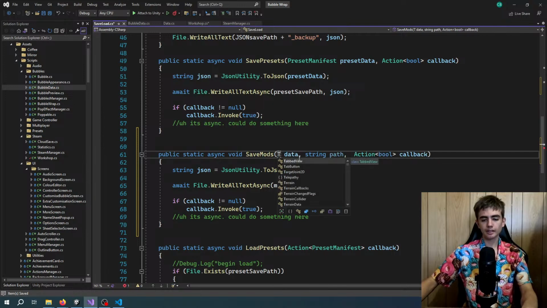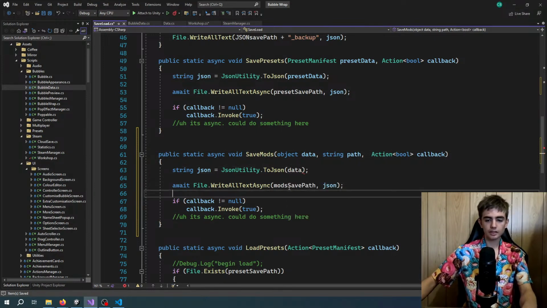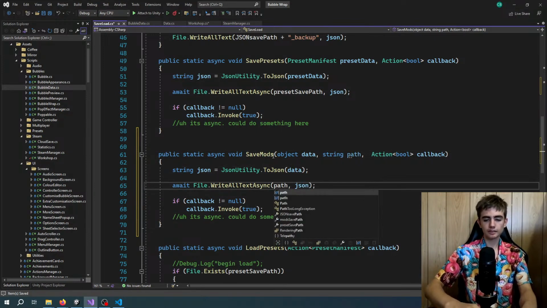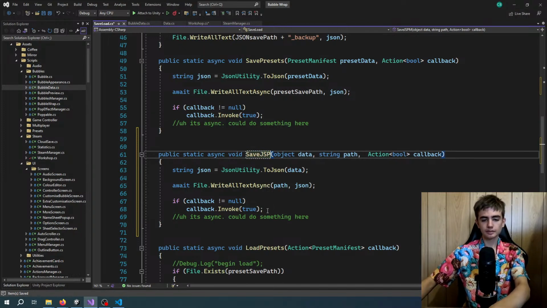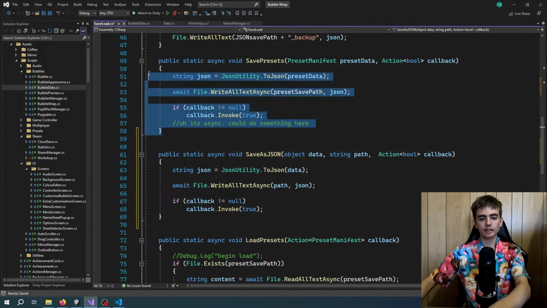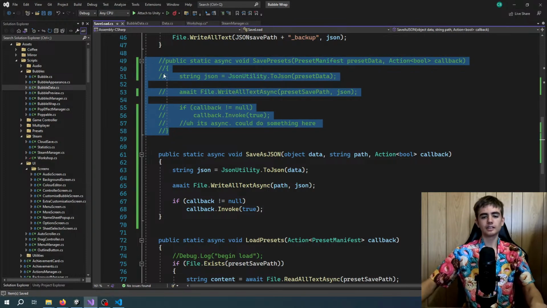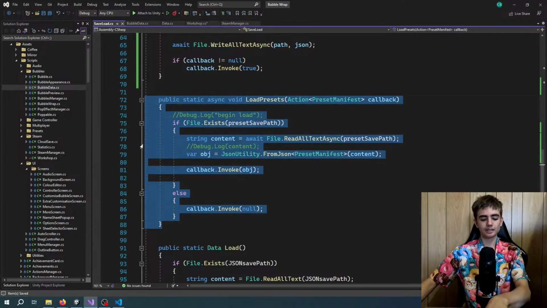Can I object data path? This can be save JSON. This is such fun saving and loading code, isn't it? And then we can have,